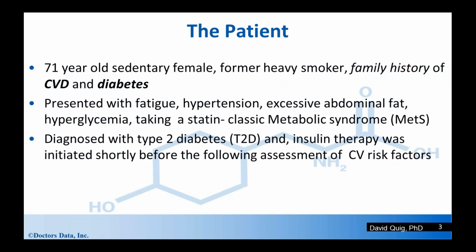She's a former heavy smoker with a family history of cardiovascular disease and diabetes. So she starts out behind the eight ball. She presented with fatigue, hypertension, excessive abdominal fat, and hyperglycemia. She was taking a statin. So a classic case of metabolic syndrome, and as we will see, cardiometabolic syndrome. She was diagnosed with type 2 diabetes, and insulin therapy was started shortly before the following assessment of her cardiovascular